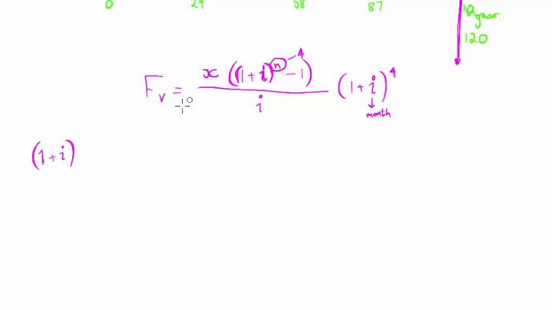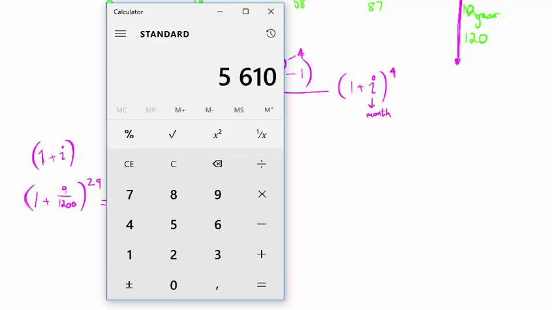So my effective interest rate over 29 months is based on my interest rate per month. My interest rate per month is 1 plus 9 over 1200. So if I take this to the power of 29, I would get the interest rate that I would get for a 29-month period. Does that make sense? This is my interest rate per month. So for 29 months, the interest I would earn would be